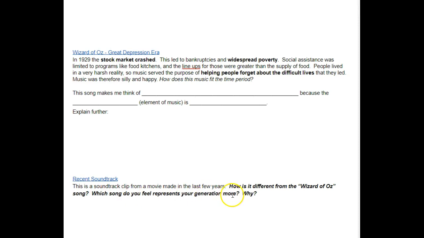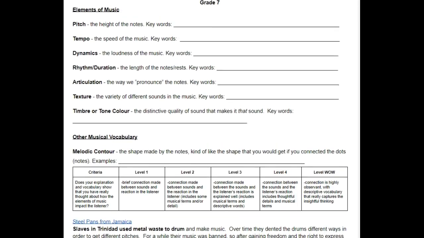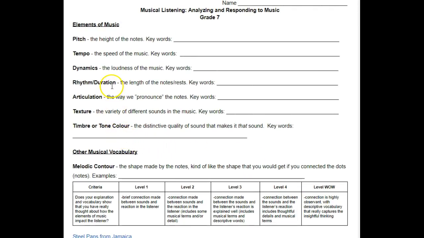and which song do you feel represents your generation more. When you're talking about how it's different, remember that on a rubric we still need to use musical terms. So you might be explaining, well, it's the articulation, that it's a lot more pounding, it's a lot more harsh and aggressive in the articulation. There's a lot more drums, there's a lower pitch. All of these things seem more aggressive and darker and more exciting and possibly even threatening. So that gives you that conflict that you would have in a movie.